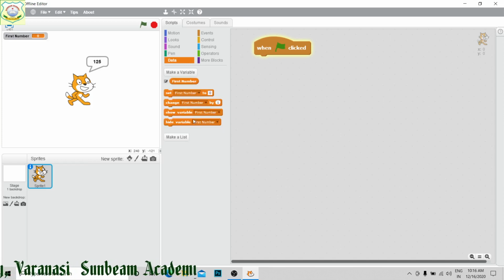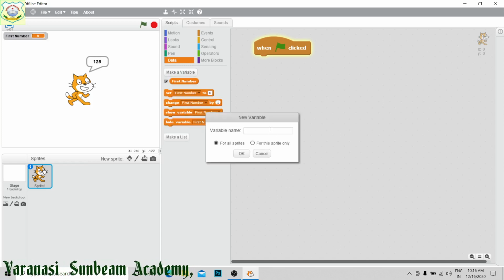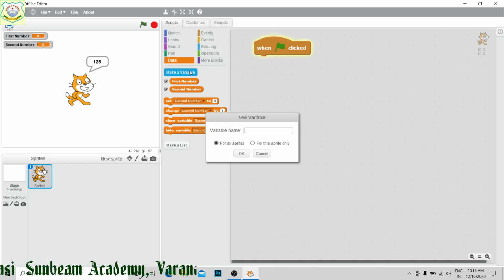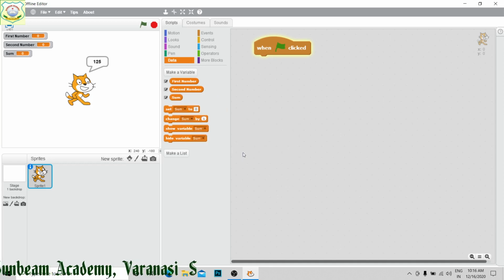One variable. Then second variable we will make for second number. Third, into which we are going to get the sum. These three.